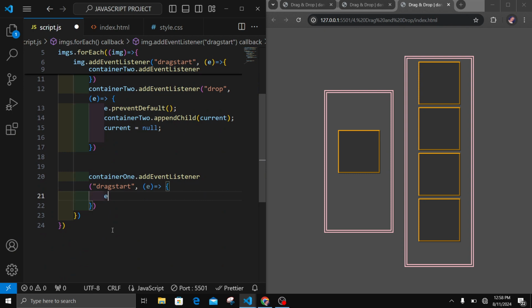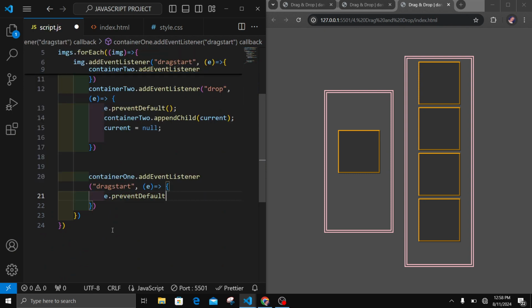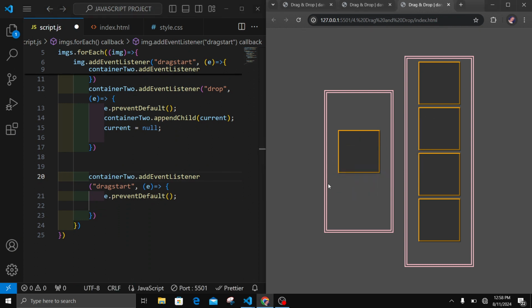This will be a drag start, so this will be it. Event default, right? Prevent default, and now we need to move it to this first guy. Now this is supposed to be container 2. When we start from here and move it over to the container 1,